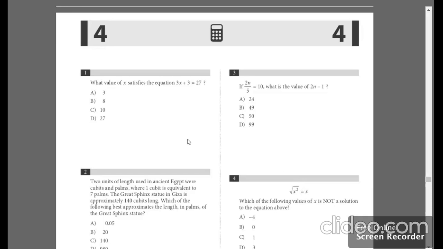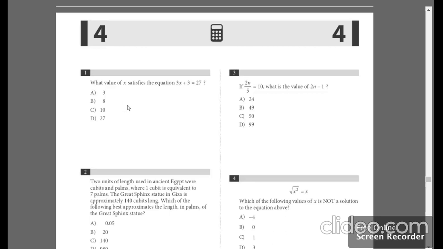Hello students, in this video we are going to solve SAT practice test 9 section 4 of mathematics, which consists of 38 questions, and without using calculus we are going to solve it with tricks and solutions that I'm going to show you. Quickly, let's just explore our very first question, which is given in the form of a linear